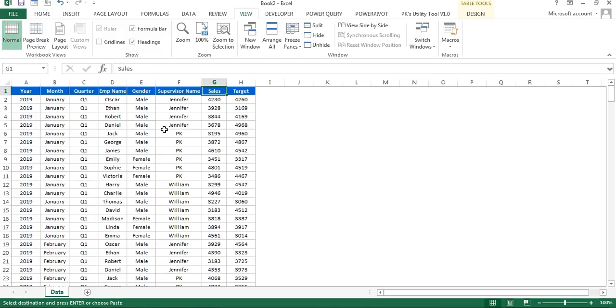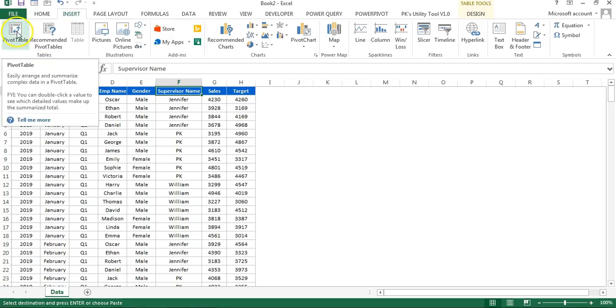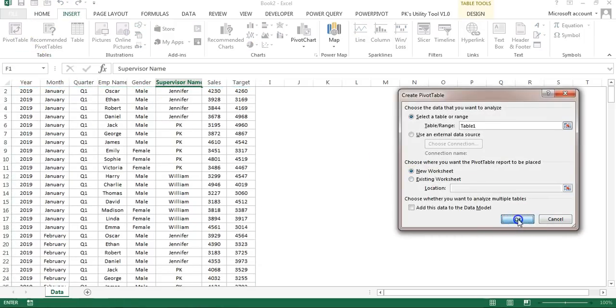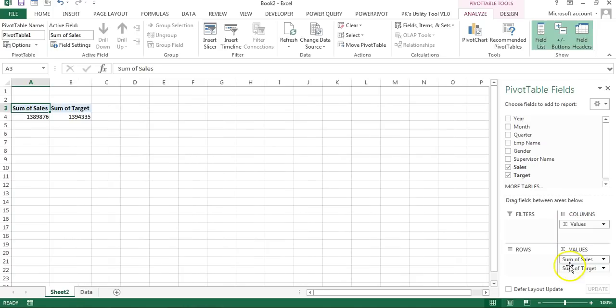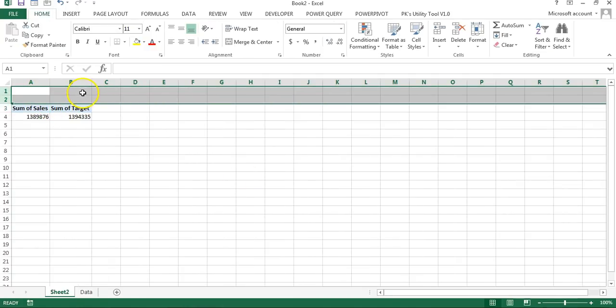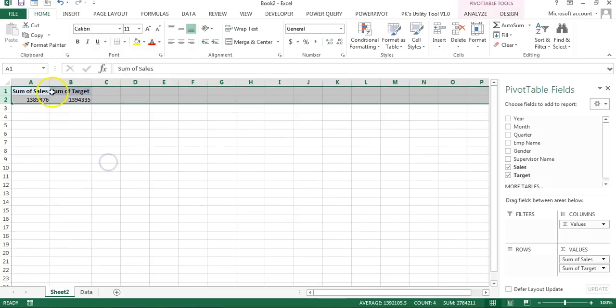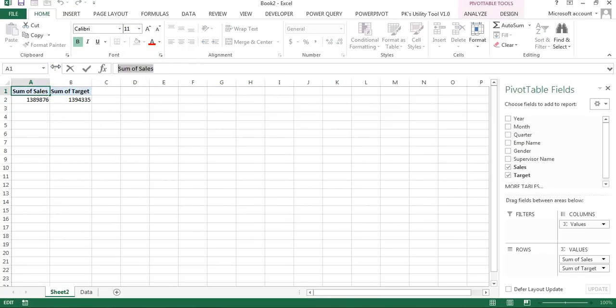So first we will create the tablet layout dashboard. We will create a pivot table here. I'll go to Insert, click on PivotTable and click OK. A new sheet has been added for the pivot table, and here I'm taking sales in values and target in values, and I'm taking them on the first row. So just delete these rows from here. For sum of sales, you can put a space before sales, or you can put actual sales. And for target, you can put a space before target, or you can put target sales.